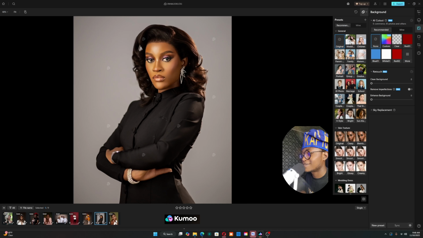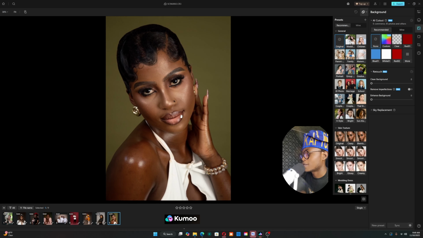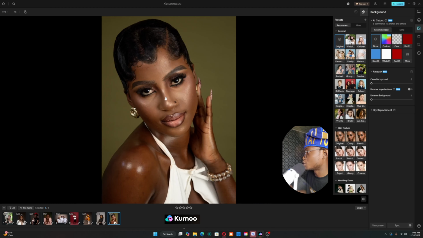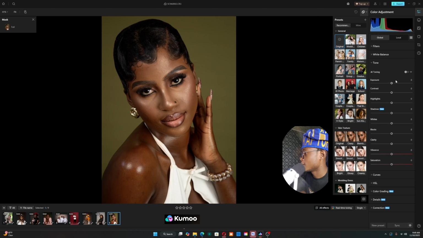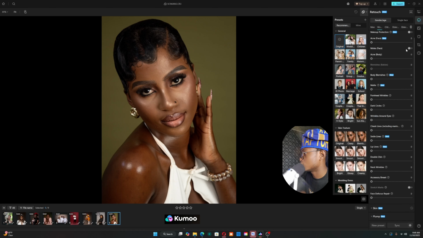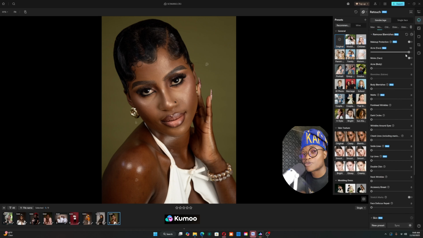So that is it. And then look at this beauty picture. Now look, this beauty picture, I'm going to edit it in, let's see how many seconds. So let's go. That was why I also included it. Yeah, I think the color adjustment is good. Let's go to the retouch. I'm not going to fast forward. I'm going to walk you through the acne and body